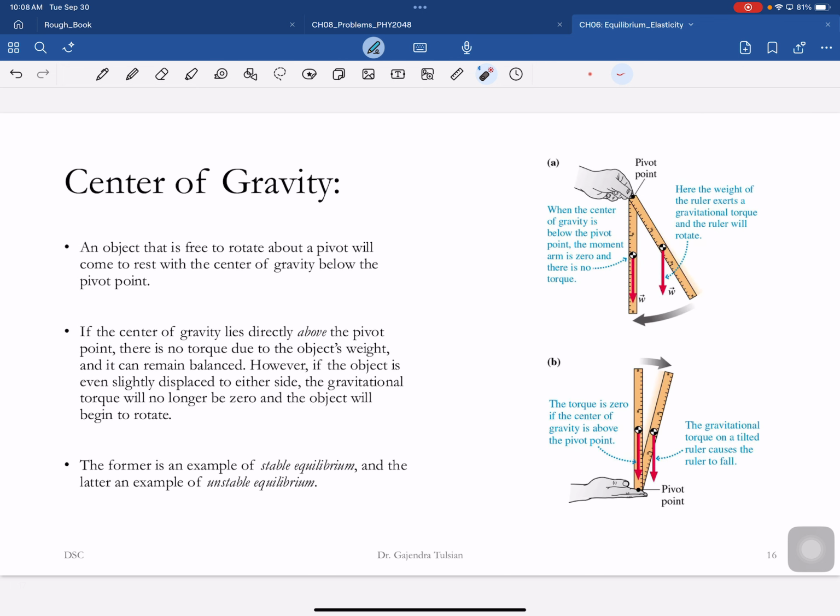In this case, here's a scale pivoted at that point. When it's balanced, its center of gravity is right below the pivot point. And if you disturb it, it'll just oscillate. When the center of gravity is below the pivot point, that is a stable equilibrium. When the center of gravity is above the pivot point or footprint, that's an unstable equilibrium, because if the center of gravity comes off of that footprint, then this scale will just fall. When the center of gravity came off of the pivot, below the pivot point, it oscillated back and forth. So this is stable equilibrium, this is unstable equilibrium.